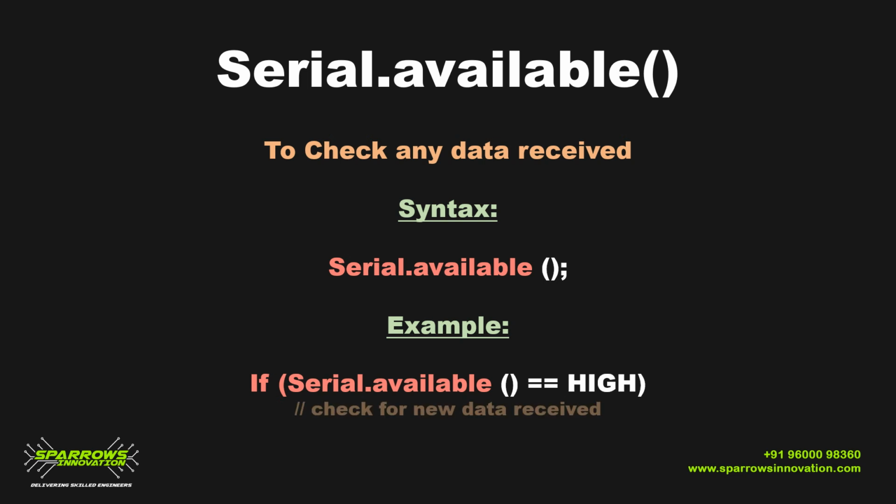Okay, now the serial transmitter is completed. We have seen how serial data is transmitted. Next we are going to see serial receive. For seeing the serial receive value, the first function we very importantly need is serial.available. This function is used to check whether the data is received or not. It's a condition which shows whether there is data received or not, so you have to use it in an if statement or a while statement. I will explain serial.available briefly in the next slide.